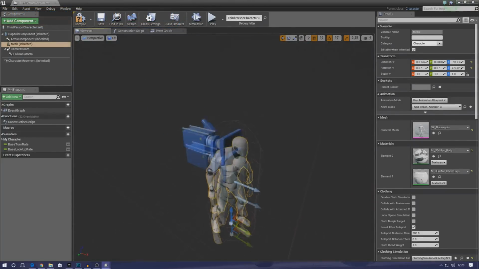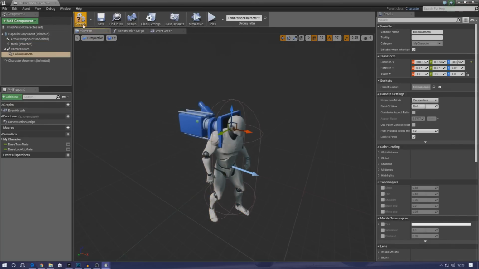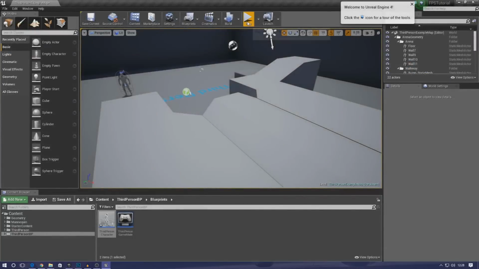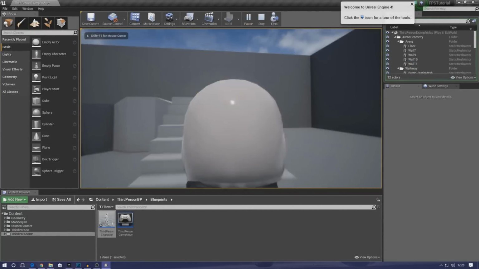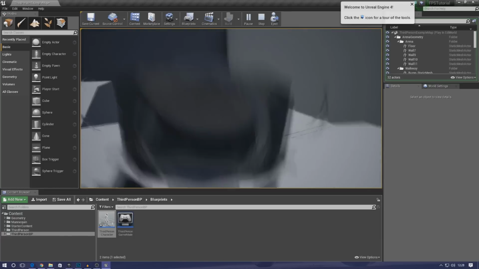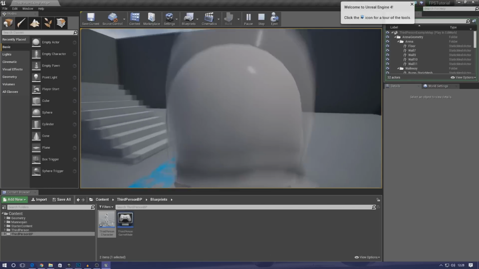So we could just leave it at that, but there's going to be a few issues with that. So move this just using the transformation tools, hit compile, and then close that and press play, and I'm going to show you exactly what happens. We're running in here and you can see we've got a bit of clipping. You can see when the animation for the run starts happening, the head goes in front of